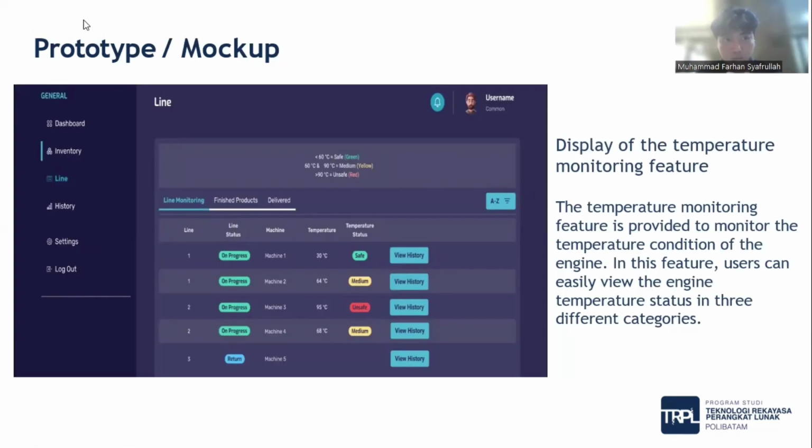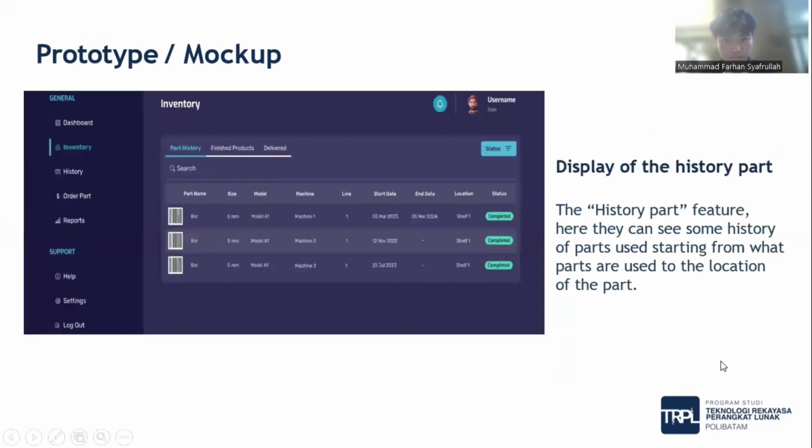The next is the prototype or mockup. Firstly is the display of the temperature monitoring feature. The temperature monitoring feature is provided to monitor the temperature condition of the engine. In this feature, users can easily view the engine temperature status in 3 different categories. Next, the display of the history part.